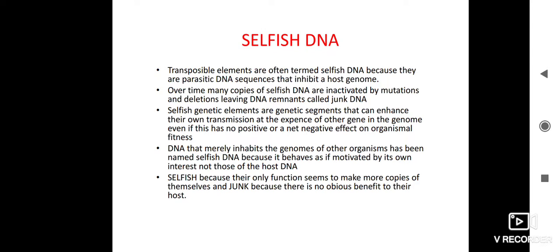Selfish because their only function seems to be to make more copies of themselves, and junk because there is no obvious benefit to their host. There are three DNAs: selfish DNA,